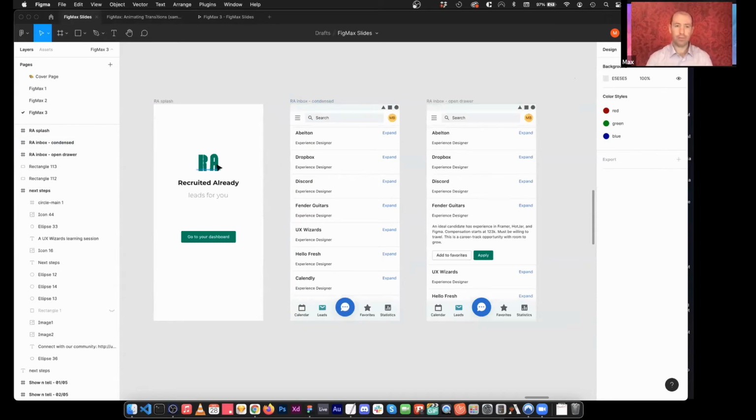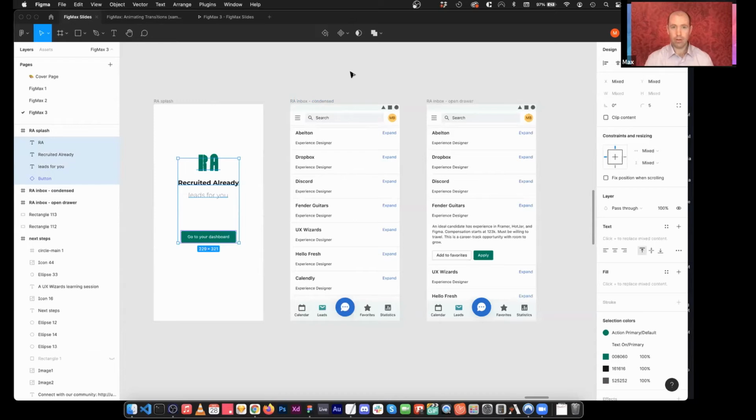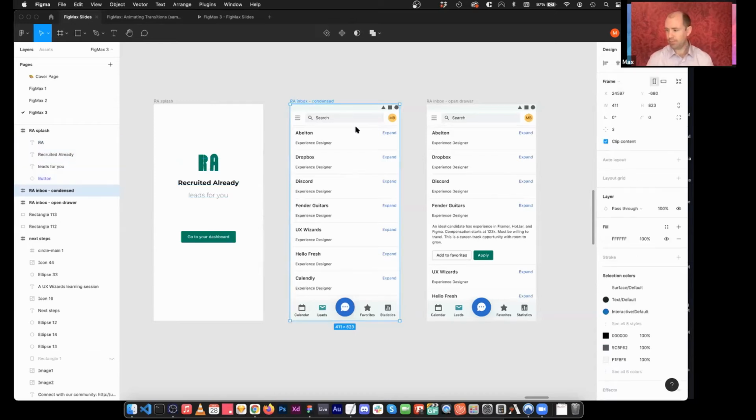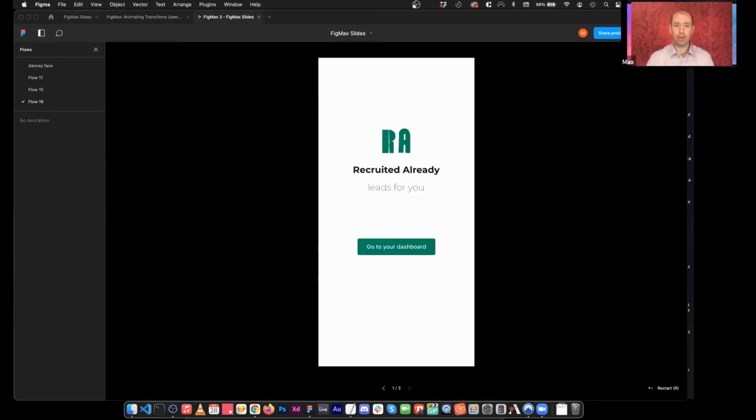The first thing we want to do is take all the elements from this screen and copy them. And we're going to click on the second screen and paste them. Right? So now we've got these pasted on here. If we do a smart animate, it's going to say all the parameters from this screen to these same elements that exist on the next screen are going to just animate from one to the next. So we can grab all of these and, holding shift and spacebar, move them off screen. And now when we go to here,